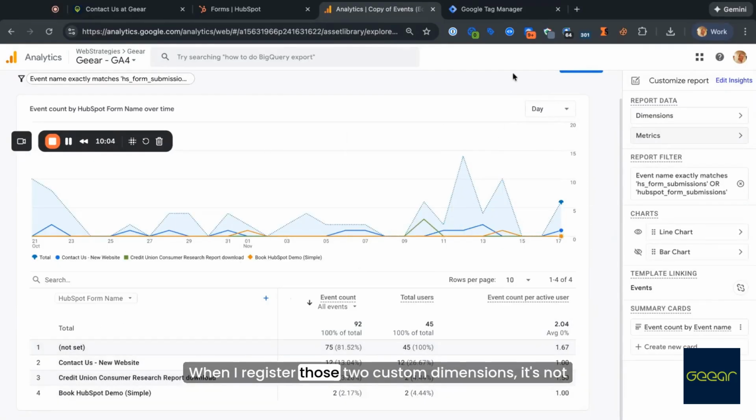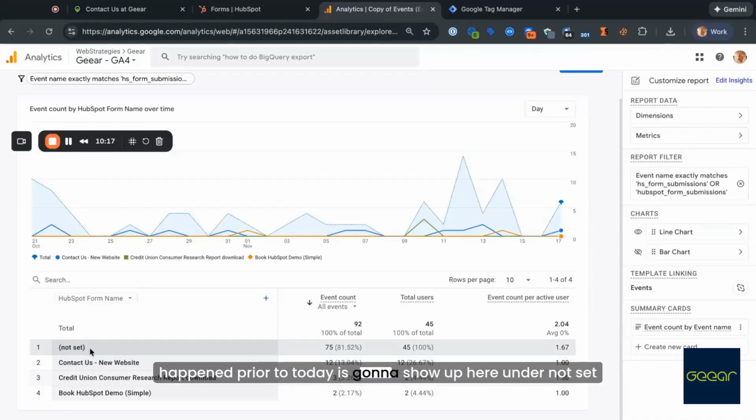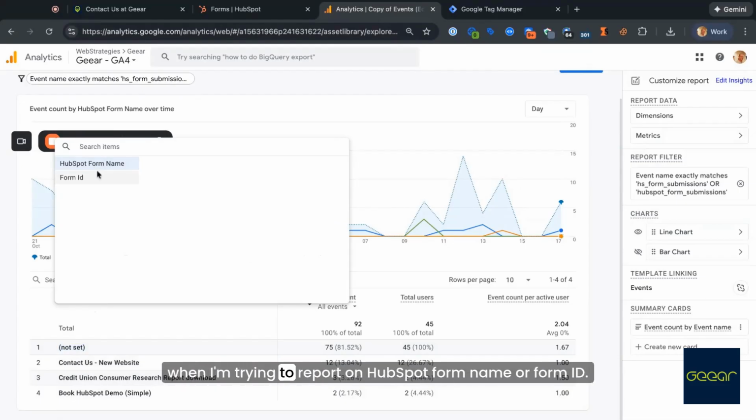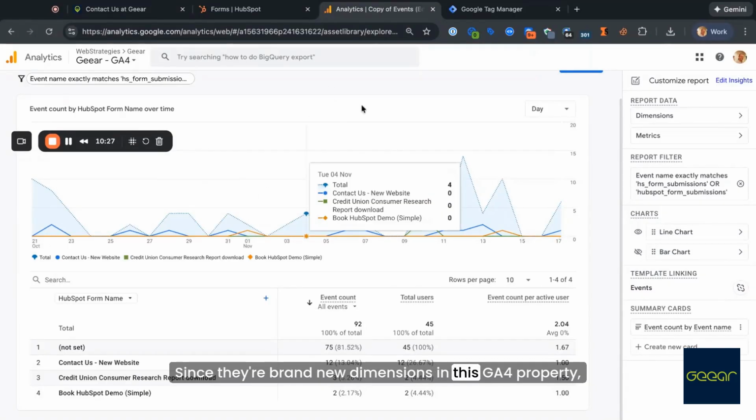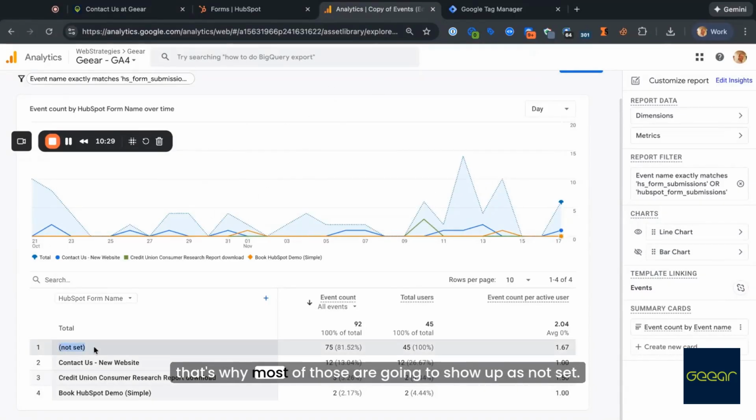When I register those 2 custom dimensions, it's not retroactive. So it's effective the day that I register them as custom dimensions, which means that anything that happened prior to today is going to show up here under not set when I'm trying to report on HubSpot form name or form ID. Since they're brand new dimensions in this GA4 property, that's why most of those are going to show